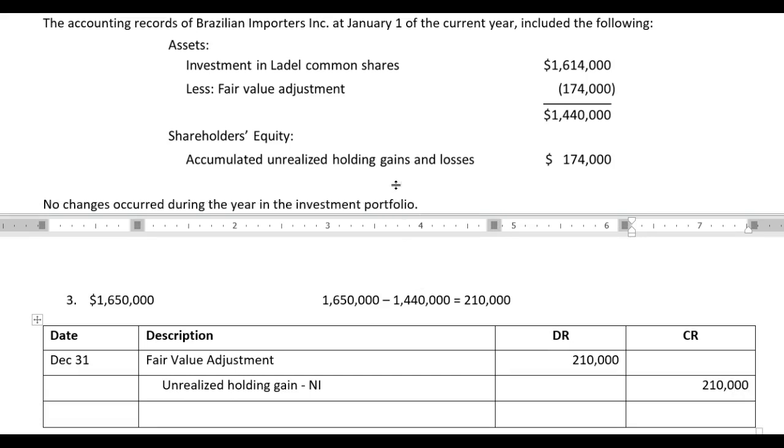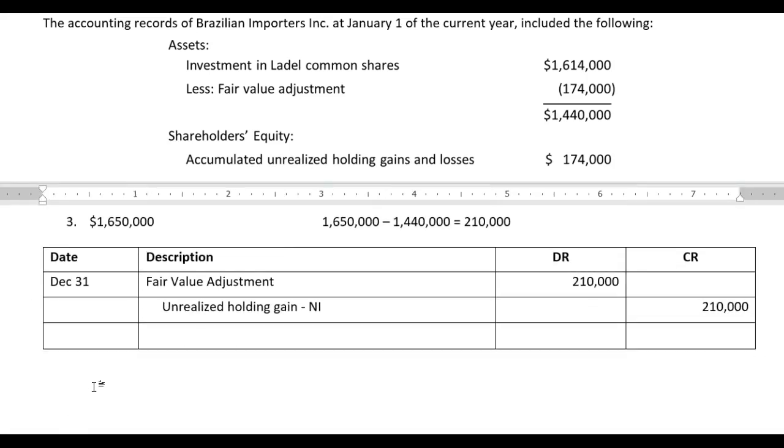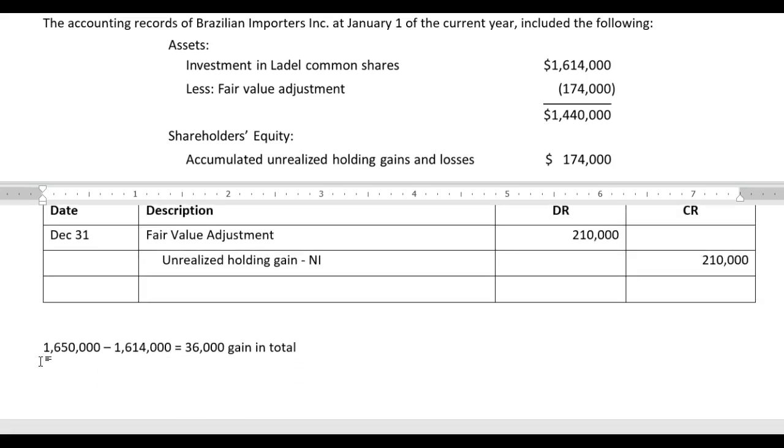Well, why is that? If we really think about this, if you take our fair value, what we would get if we were to sell it today for 1.6 million, and we subtract our original price on this position, we would actually recognize earnings. So take 1,650,000 minus that 1,614,000, and we've really earned just 36,000 gain in total. The problem in accounting is we can't just recognize it in total. We have to recognize it in the year in which it's earned. So if you go back and look at this,